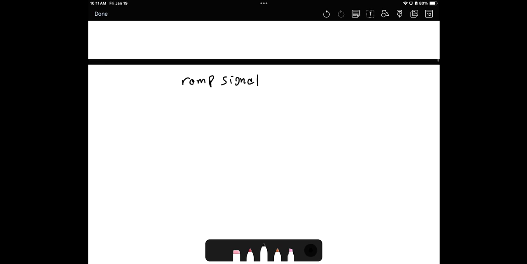So the ramp signal, basically we denote it by r of t. And r of t is actually t u of t. It's very related to u of t, but we multiply by t. So what's the point of this? The equation will look like this. It will be 0 when t is less than 0, and t when t is larger than 0. So instead of activating as a unit step of 1, now it will be activated as a linear